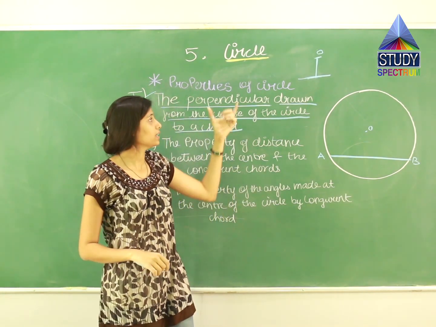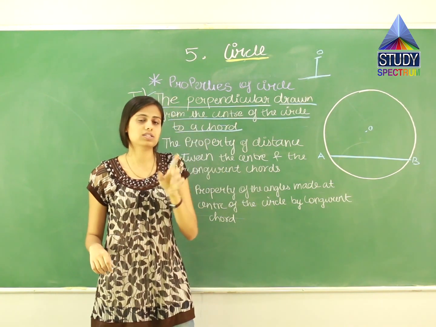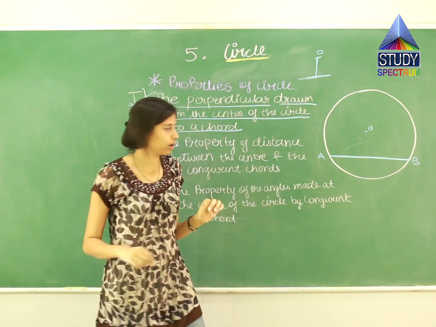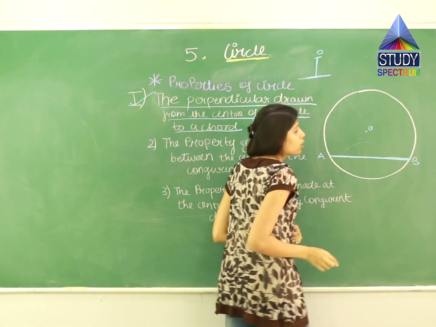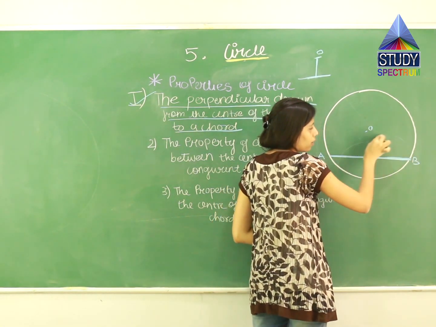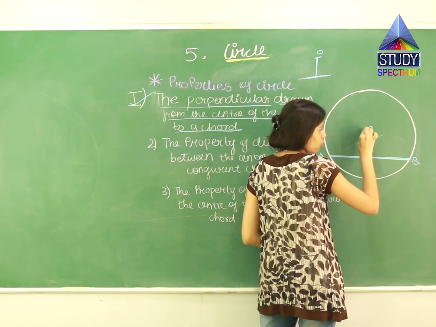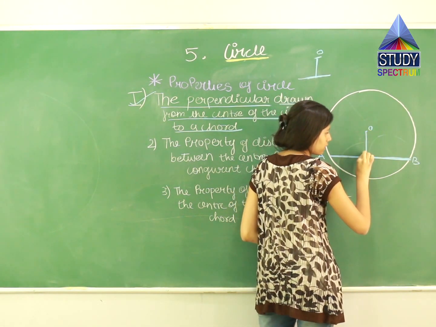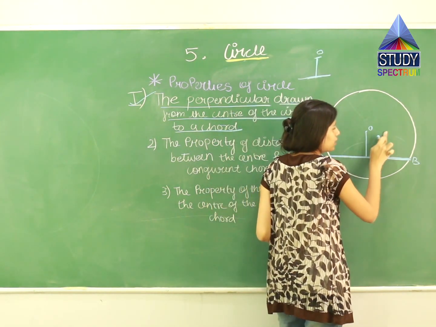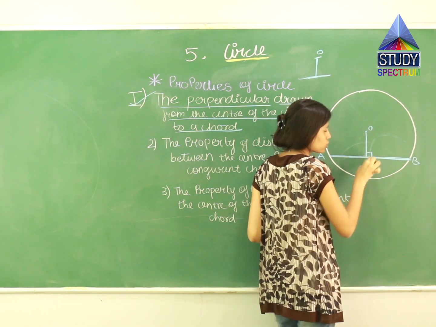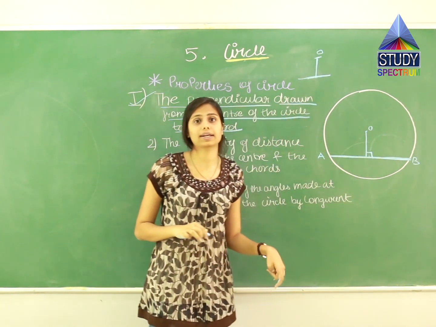And now what they are telling is, you have to draw a perpendicular starting from the center of the circle and touching a point on the chord. So see, this is a chord. Perpendicular means what? 90 degrees. So you can keep your protractor over here, measure 90 degrees and draw a perpendicular. It is somewhat like this. I'll represent it by a 90 degree square angle like this, showing that it is 90 degrees.